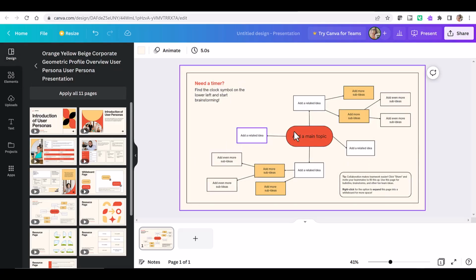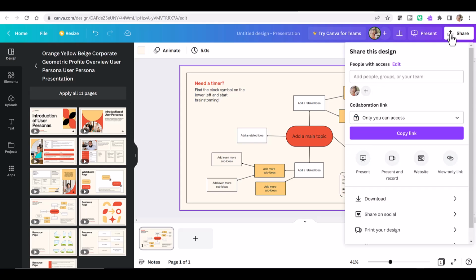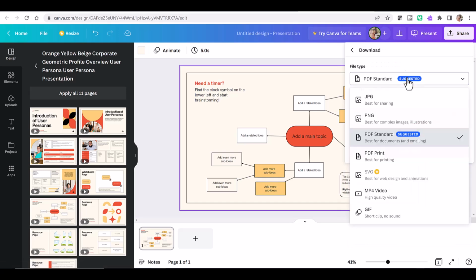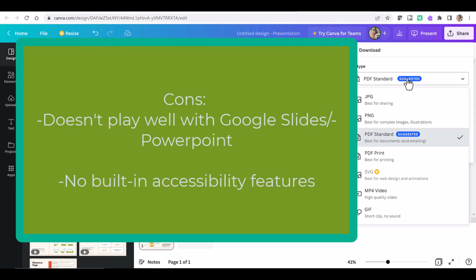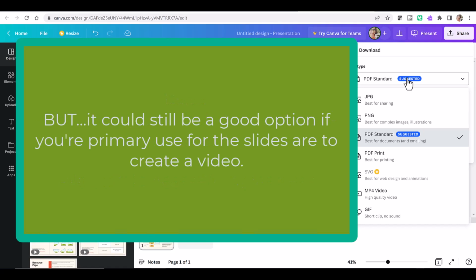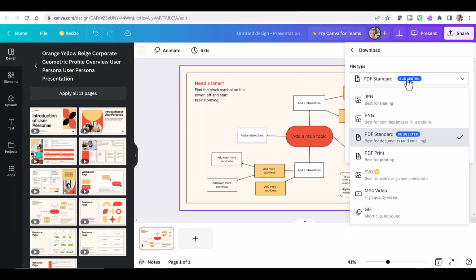Beautiful, beautiful options here. And I hesitated on whether to include Canva or not. The one thing I don't like about Canva, well, there's 2 things actually, but one of them is it does not play well with PowerPoint or Google Slides. And since that is a big way that we share things and collaborate, that doesn't make this a great option. It also doesn't have built-in accessibility checkers or the ability to create accessible presentations. So I really, really, really don't love this option. However, really beautiful, really innovative.